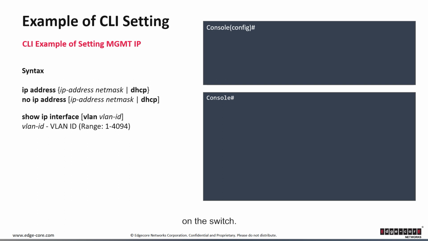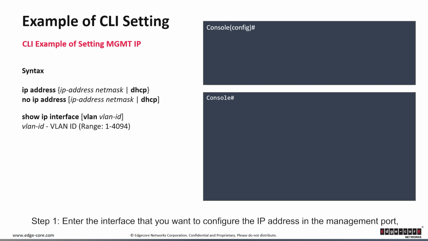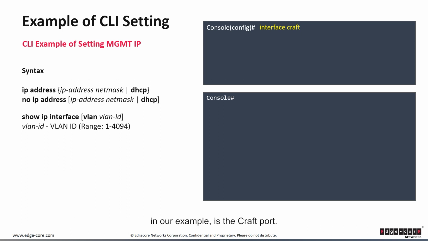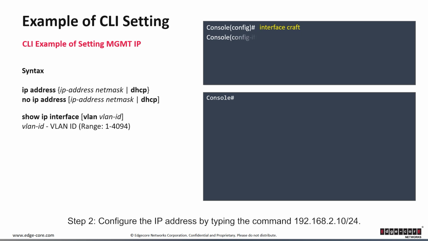This page shows an example of how to configure IP addresses for the Craft port and VLAN interface on the switch. Step 1. Enter the interface that you want to configure the IP address in the management port. In our example, it is the Craft port. Step 2. Configure the IP address by typing the command